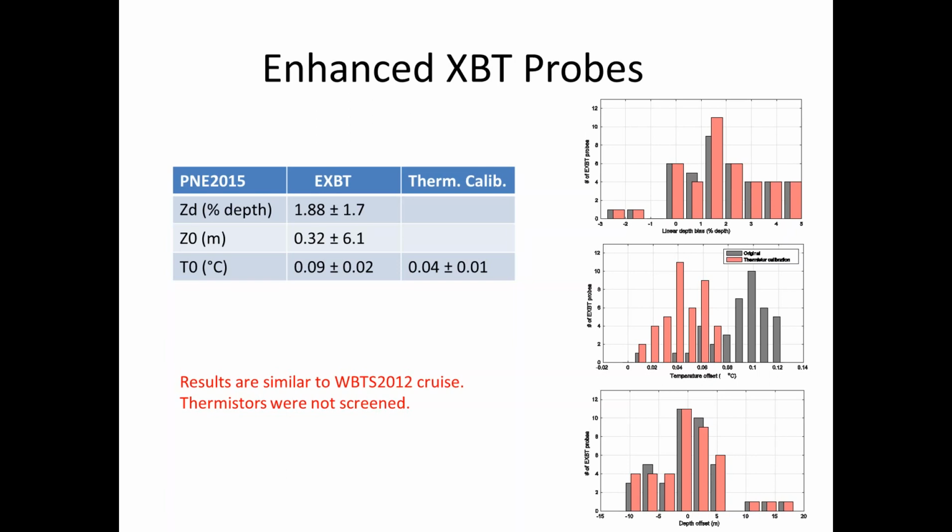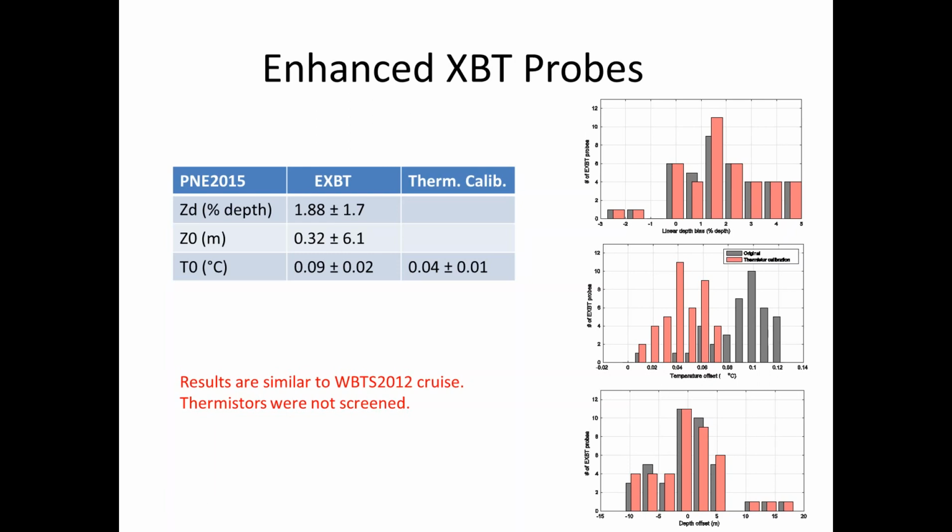of course the initial temperature before the calibration, the temperature offset was still really high, 0.1. That's what is generally what you find in standard probes. And after the calibration, we have a reduction in the temperature offset, and we believe that this thermistor, they were not screened. They just used the standard thermistor. So the calibration did a good job in reducing, but we didn't have the improvement of the screen thermistor. So just